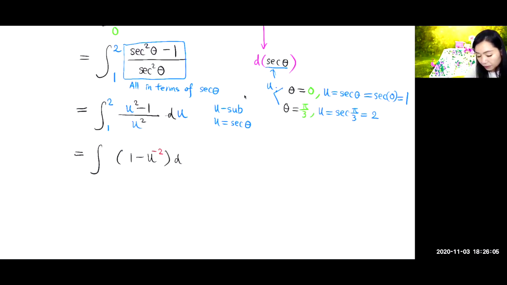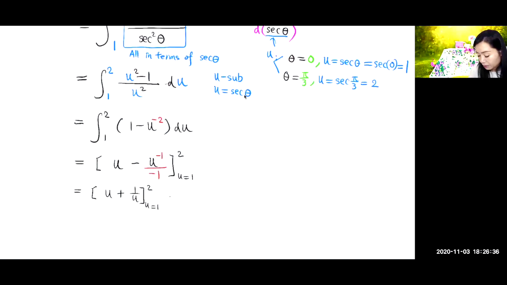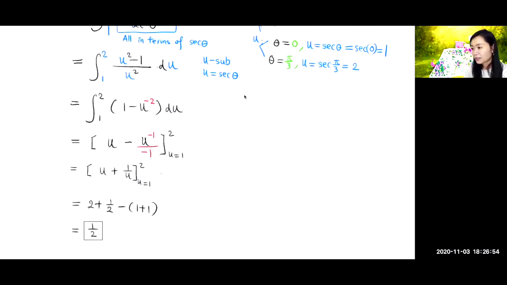And then du, you go from 1 to 2. Antiderivative of 1 here is u. Antiderivative of this is u to the negative first power over negative 1. You go from 1 to 2, which is the sum of u adding 1 over u. Substitute, that is 2 plus 1/2 minus 1 plus 1. So that's equal to 1/2,